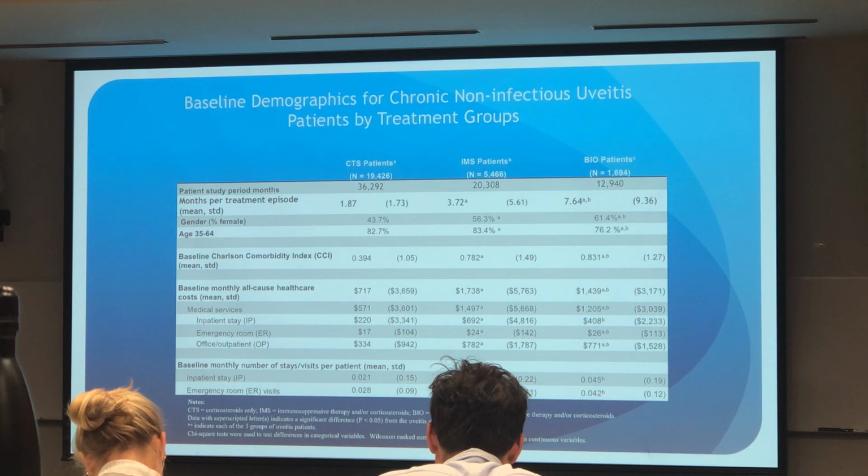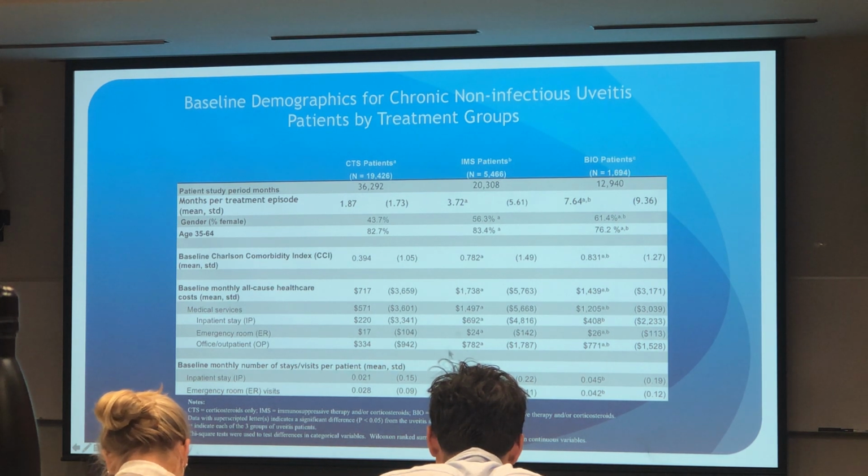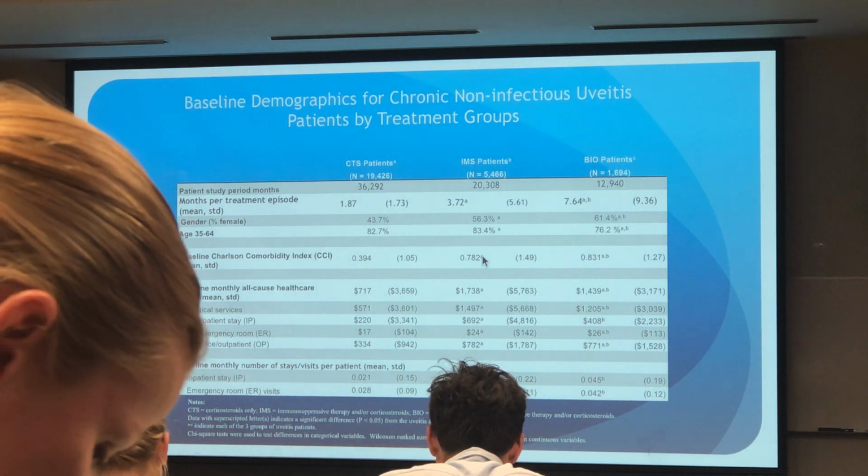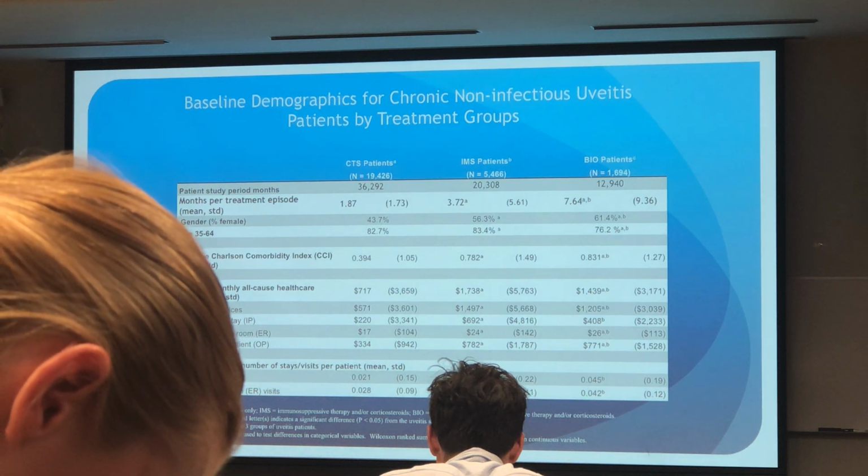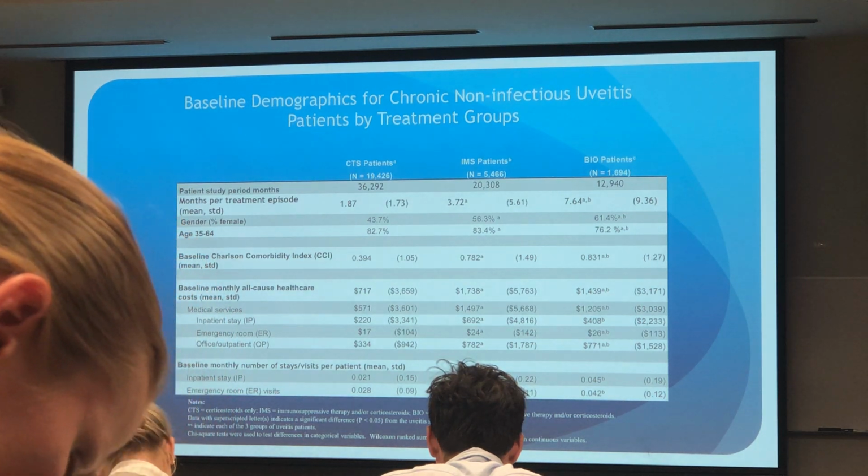It is not just the eye care. This is if they have diabetes or high blood pressure. The monthly cost on average is $717 for patients who have